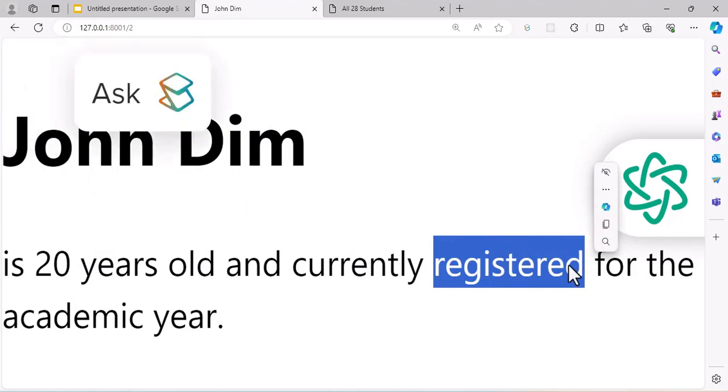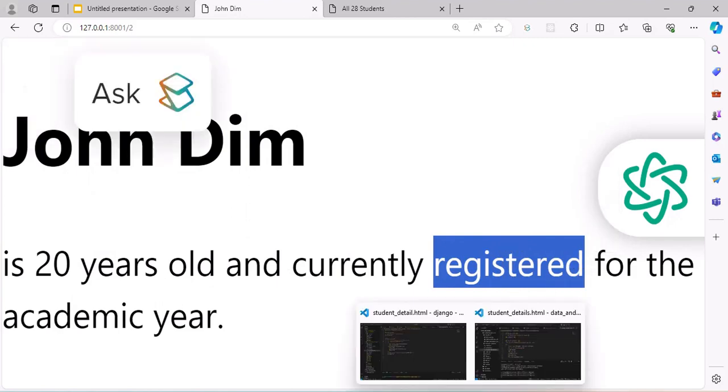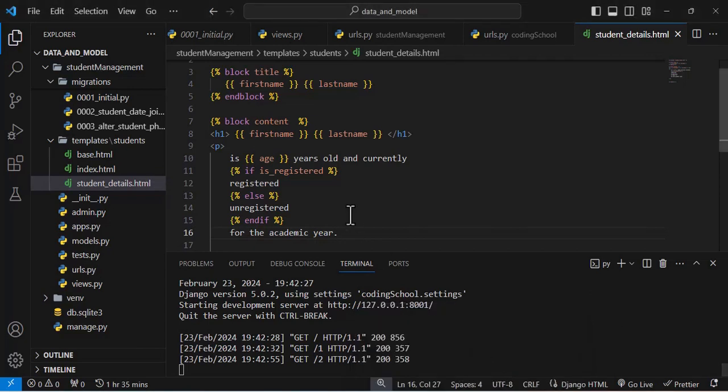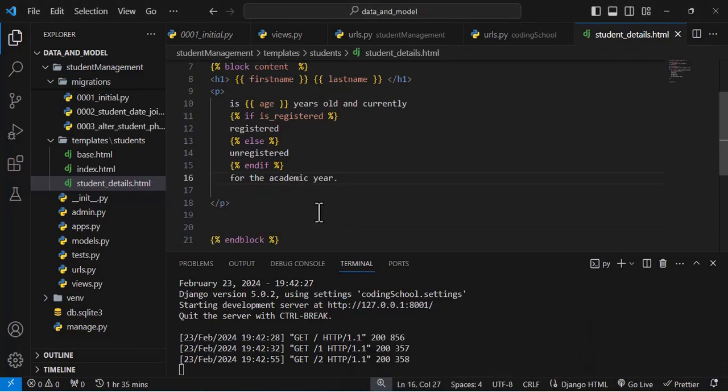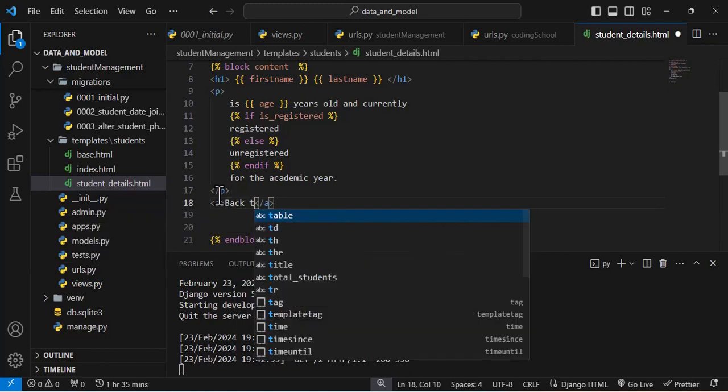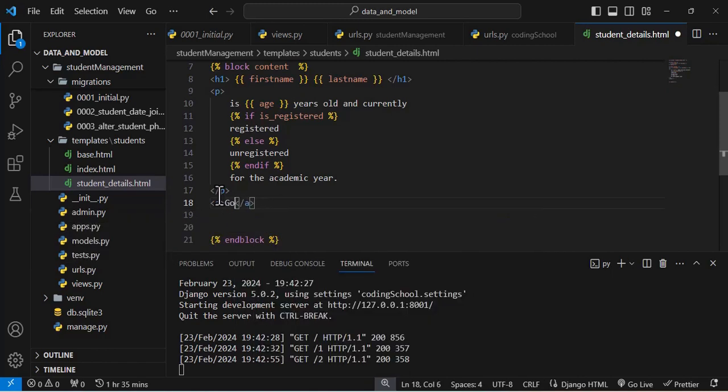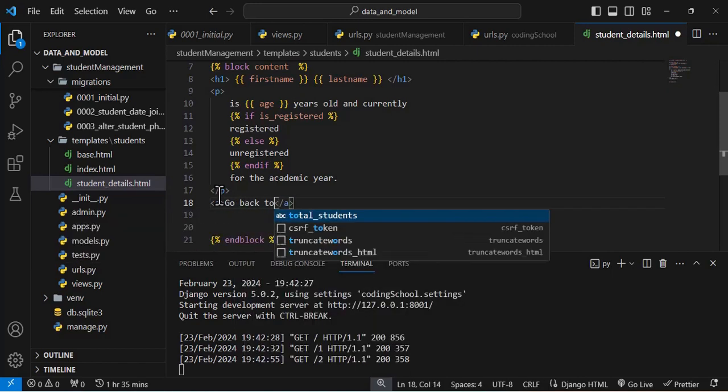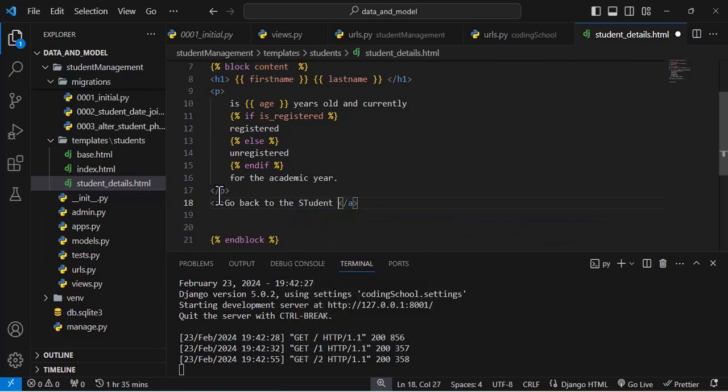is true. So then what I would do in here for the last, just for a wrap, let's just navigate the user back to the home page. Now say back to, let's just say go back to the student